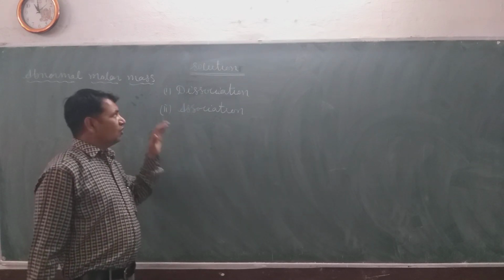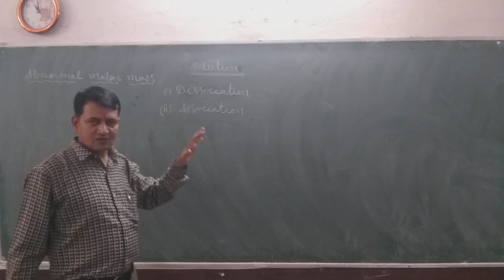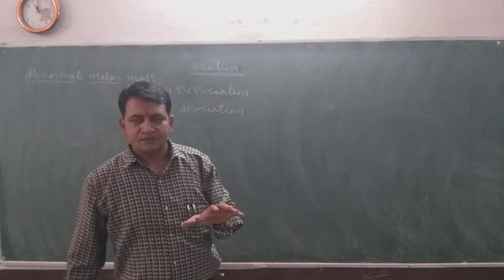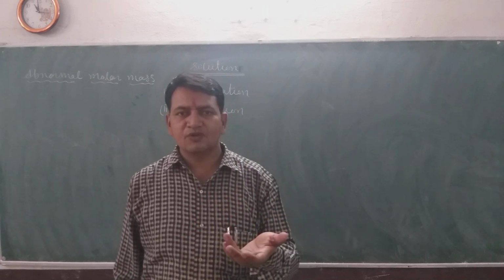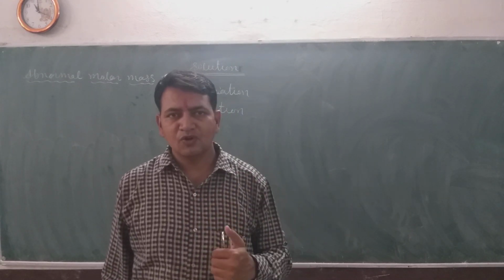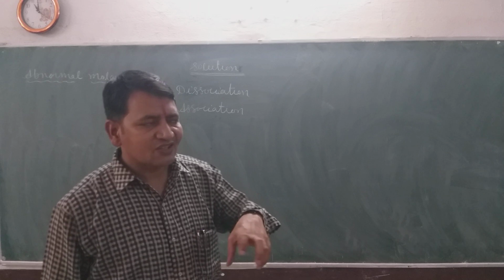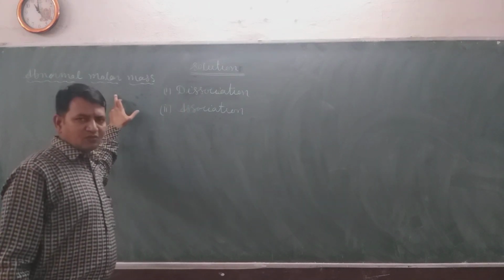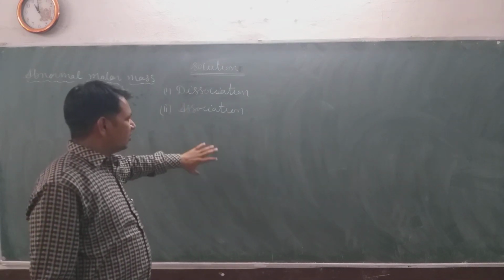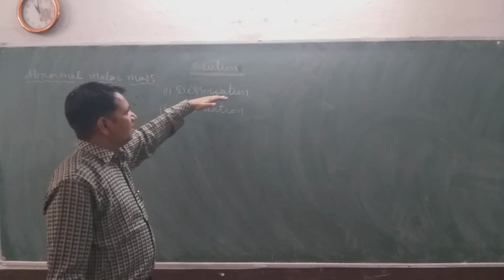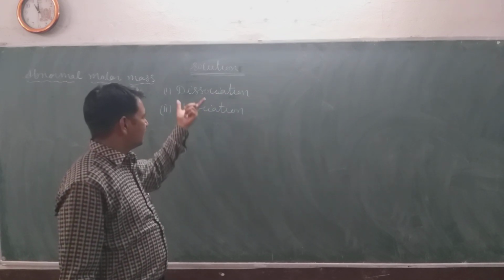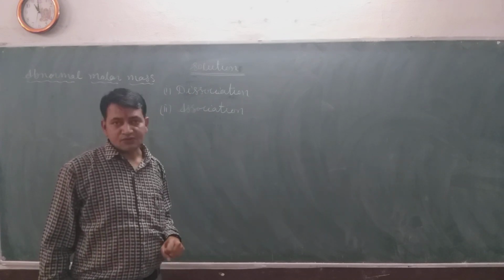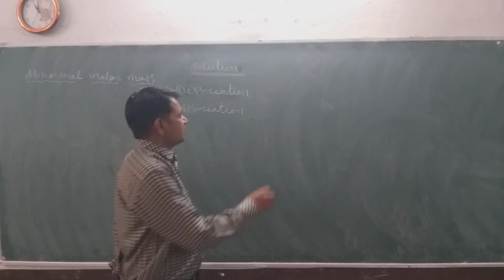Now again, what is the concept of abnormal molar mass? When the observed value of molar mass of a solute is different from the normal value of molar mass of the solute, that concept is known as abnormal molar mass. And the abnormal molar mass arises due to either dissociation or association. Now the question is, what is the meaning of dissociation? Dissociation means simply,